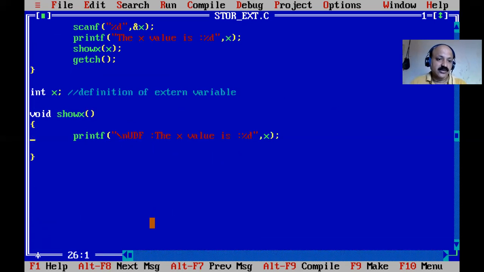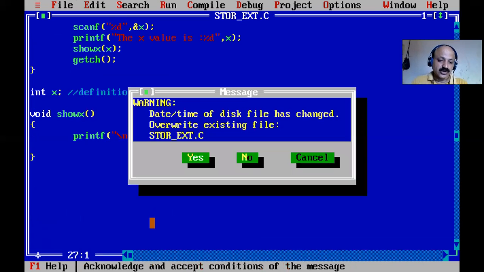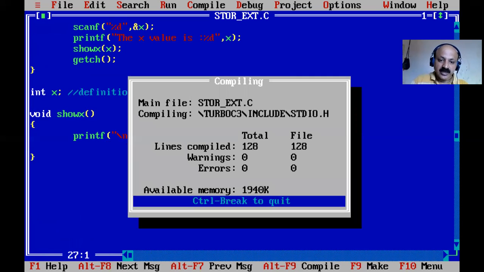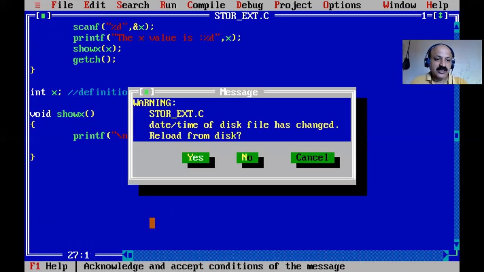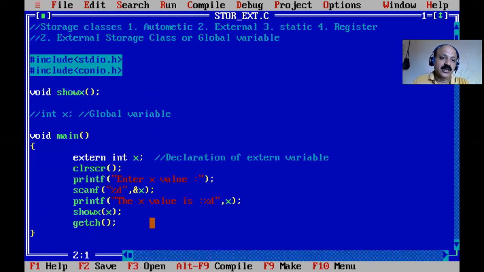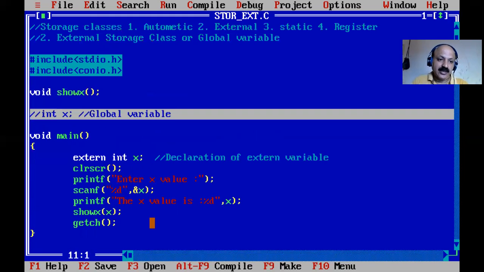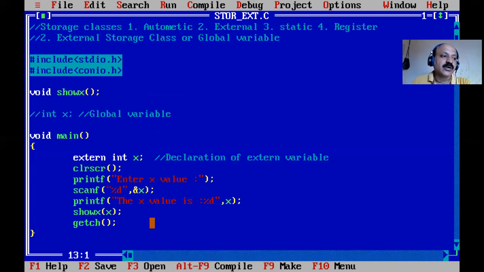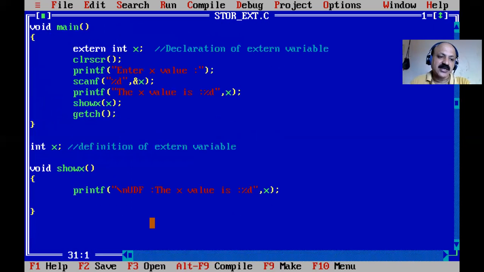So then it is used by other user defined functions. So show X is another variable. Yes. So now there is no error, and give any value. So I think that is all about the global variables. So that is the external keyword, the global declaration section, and within the main function or any UDF, where you have to declare. Here you can declare, and here you can declare and then use the external keyword, and then its scope, that means its life cycle, is the entire program.